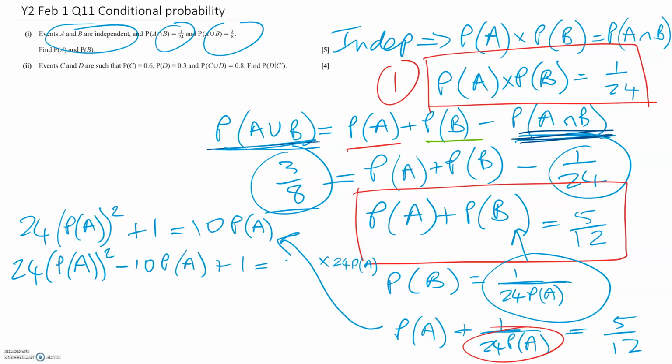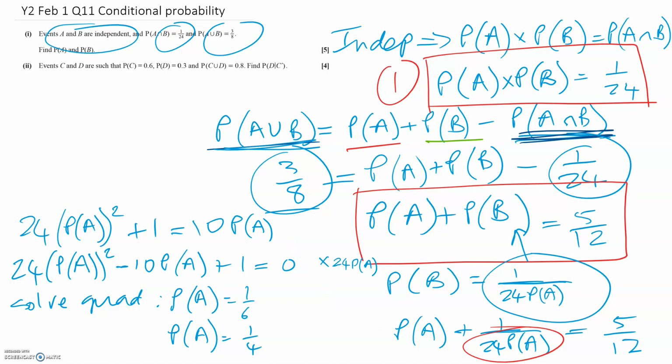Still got plus 1. So that equals 0. If you use your calculator to solve that quadratic, you should get the probability of A equals two answers. One is 1/6, and the other one is a quarter. So using your calculator to get those values,